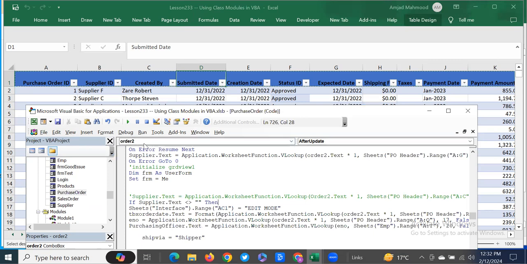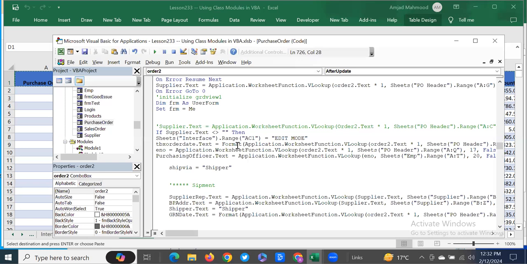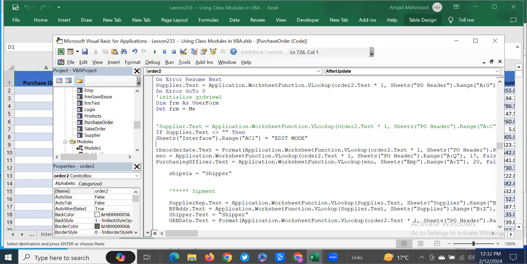It's an update event of the order when you enter a purchase order. So when you are in the edit mode, you would like to dim